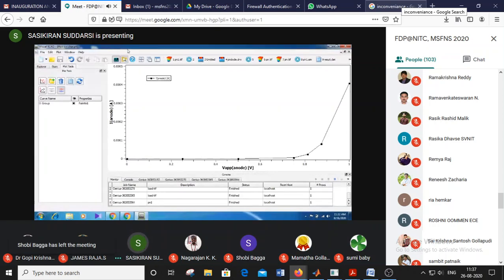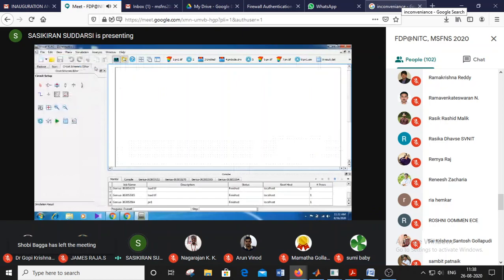We can also simulate this diode using a mixed mode environment. For that, again go to file and new circuit schematic. This is a simple circuit environment.